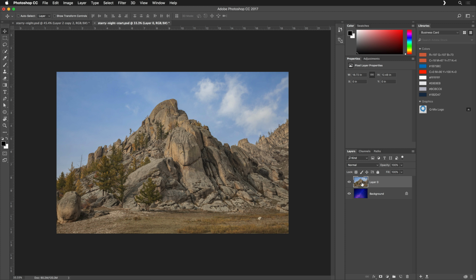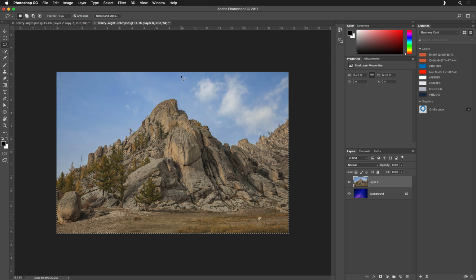And the first thing I need to do is make a selection of the mountain so that I can see the starry sky background. So I'm going to use the lasso tool, believe it or not, because I'm just going to make a rough selection inside of the mountain. I'm not going to worry about getting very technical here because I just want a very quick, rough selection around the outside. You can see here I'm not hurrying at all. I'm just going through making a selection. I want to make sure that I'm getting everything around the edges here that is solid rock. I don't want to worry about any of the trees or anything like that,